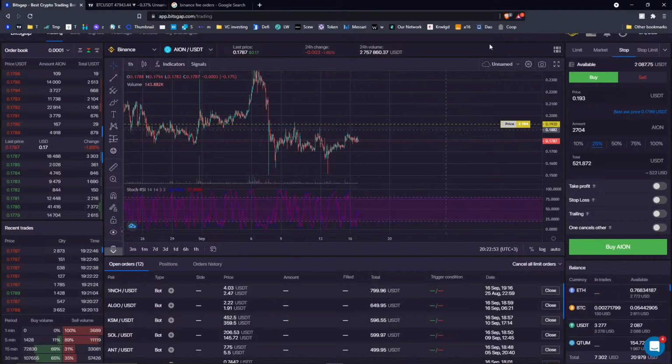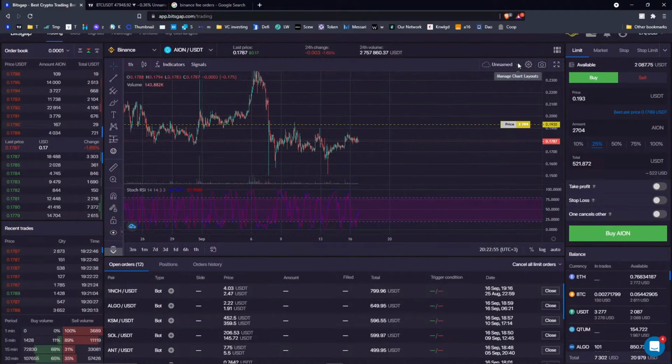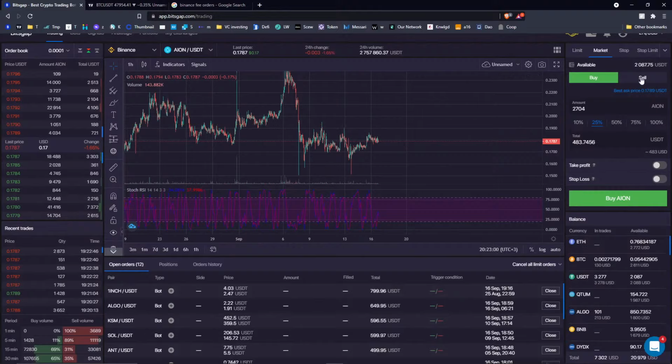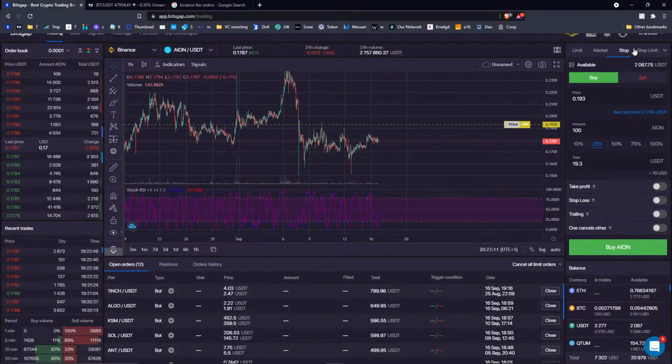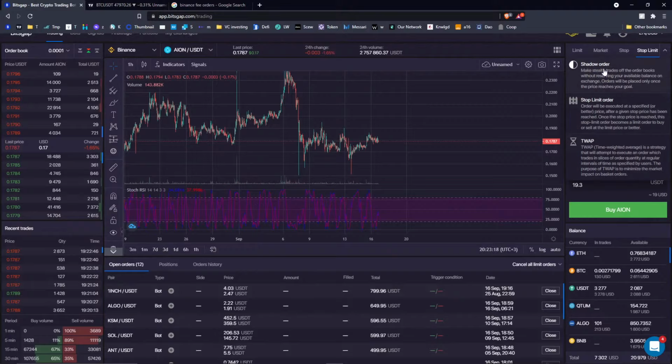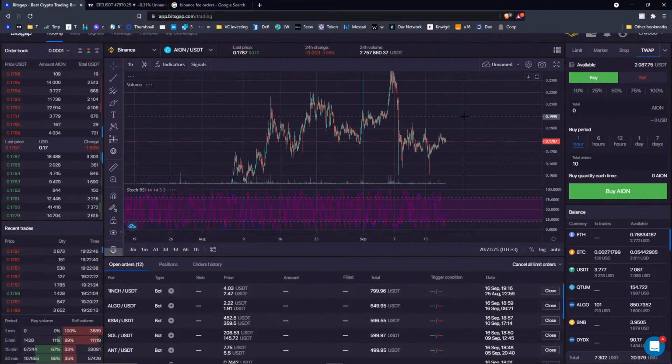Okay, so that's pretty much it about the orders we have, like the limit buy, limit sell. The market buy and sell is really straightforward. If I, let's say, want to buy 100 Aeons right now, it's going to buy it right now at the market price. And the stop one we just covered, stop limit also covered, and also we have some additional order types, like the shadow order and the TVAP. So the TVAP is